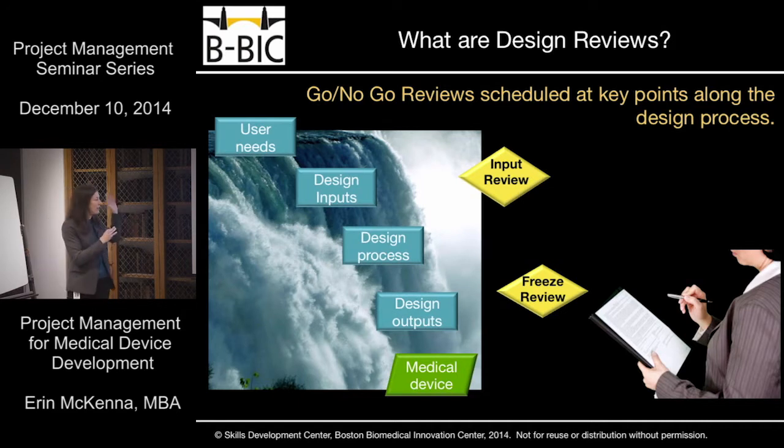Like, who wants to just do a bunch of work and not really stop and take a look and say, hold on, are we still meeting our goals, until you get to the end? I mean, these are things that make sense. So in this example, I've just thrown in a couple of reviews that are typical of ones that I've seen